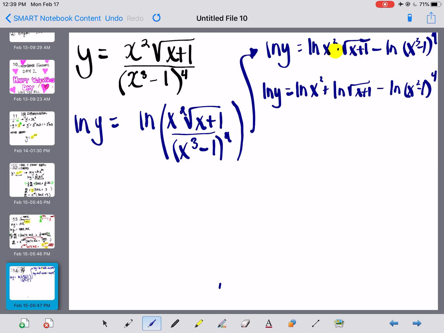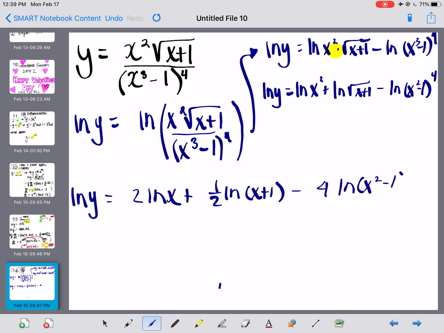You're going to break this up further. Bring down all of your exponents. The natural log of y is equal to 2 natural log of x plus 1/2, because the square root becomes the power of 1/2, times the natural log of x plus 1 minus 4 times the natural log of x squared minus 1. When you take the derivative of each part of this equation, you are left with 1 over y dy dx